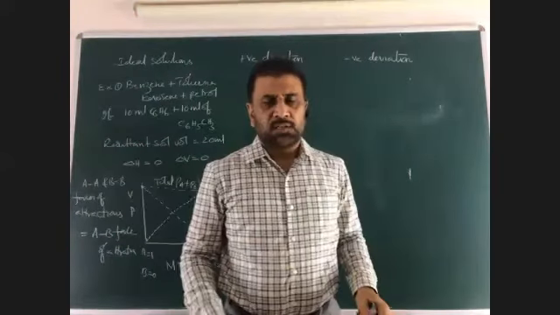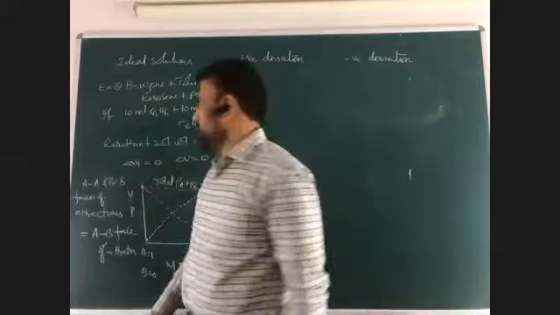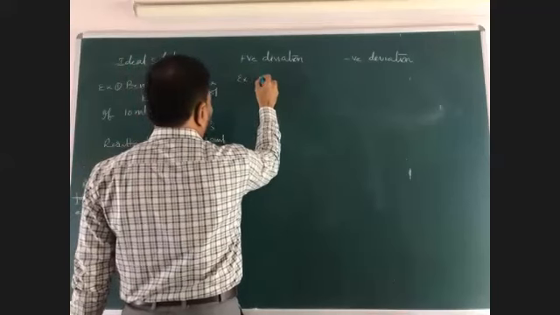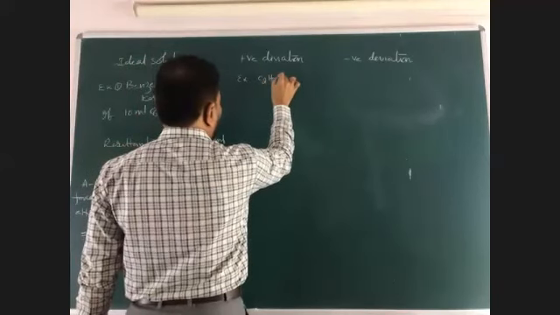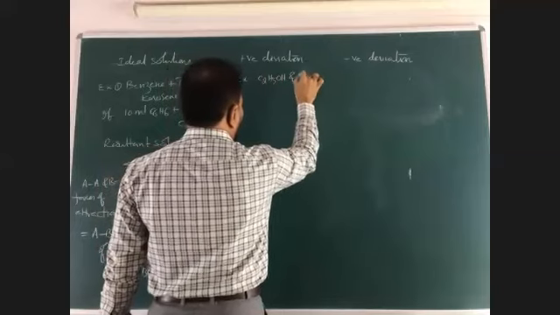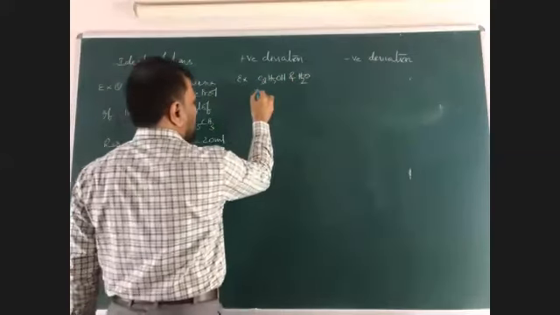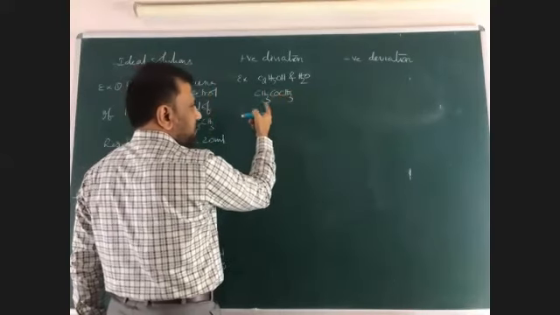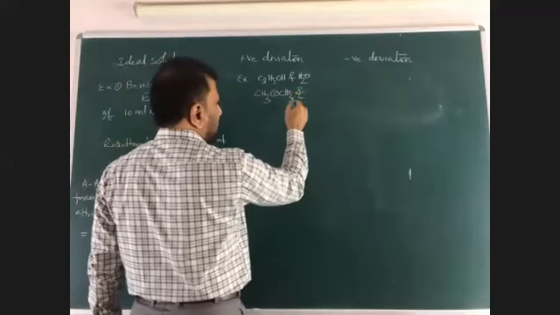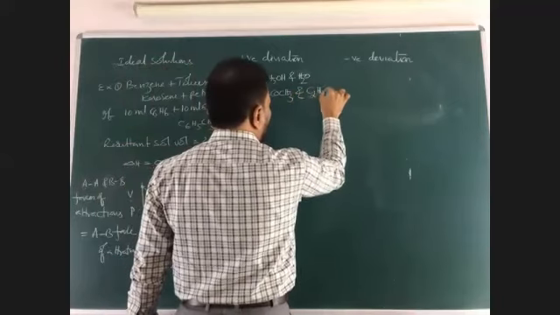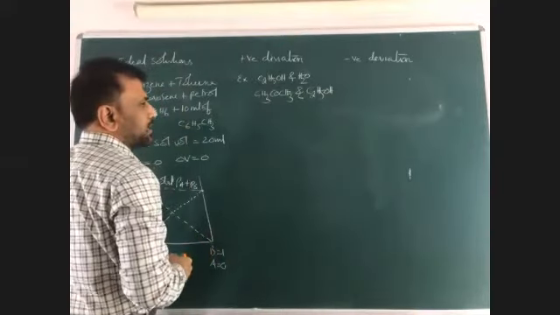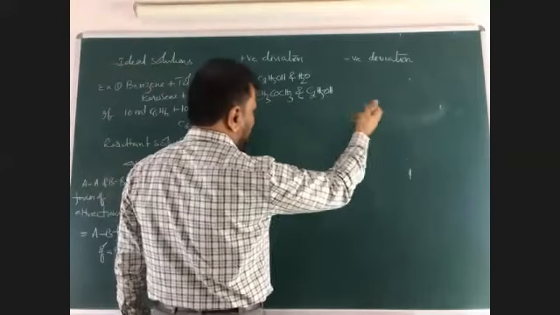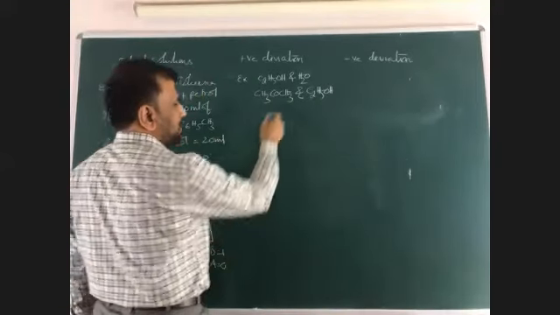Now, positive deviation means vapor pressure increases when two solutions combine. Look at this example. Ethyl alcohol and water. COCH3, named acetone, and ethyl alcohol. These are examples. Ethyl alcohol and water, that is one positive deviation example. Acetone and ethyl alcohol, that is another positive deviation example. Right? These are the examples.